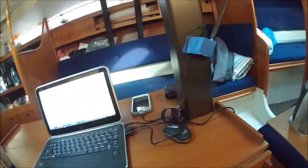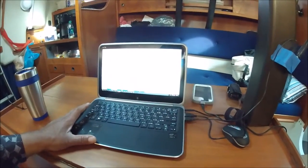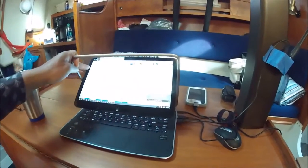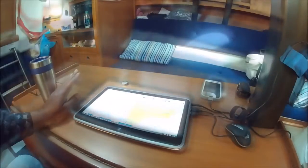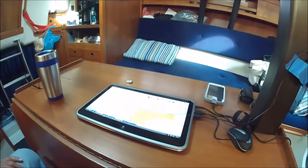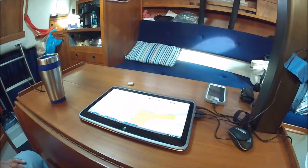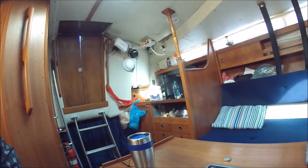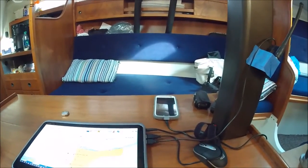The Daisy plugs in via USB cable to the laptop. This is a Dell XPS 12 convertible that I plan to use as a primary system on board. Of course, because it is a convertible, it can fold flat and is a touch screen, so that I can mount it somewhere and use it as a nav piece to follow the charts. Of course, I do have Standard Horizon's GPS there,